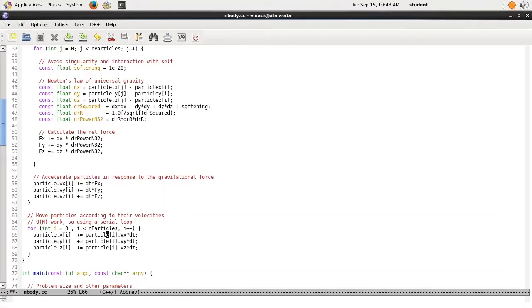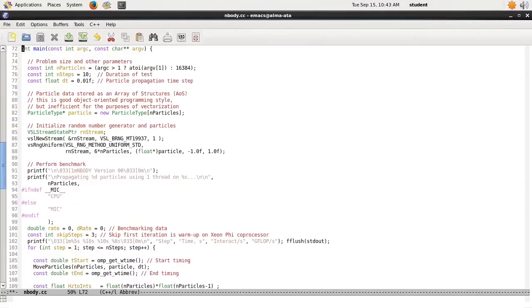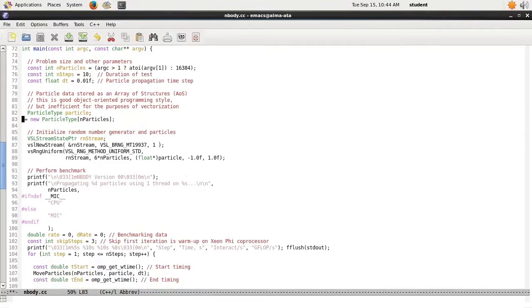And here I have to change. As you can see, this optimization is not very friendly to the programmer in that you have to go through the entire code and change how you access data and how you allocate it. Also here, I can no longer do this. I will just do this, and then I will do